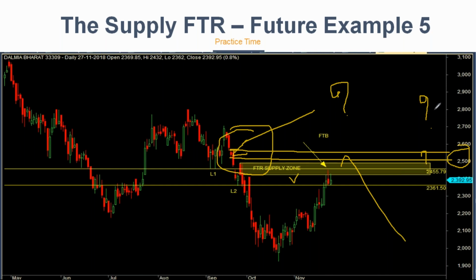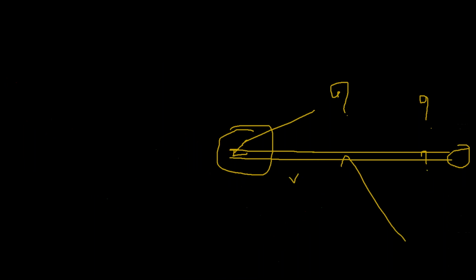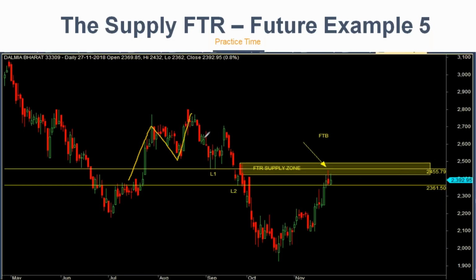Shailesh says there's also a head and shoulder pattern. Where is head and shoulder, sir? Are you talking about this one? High, low, high, low, high, this one? Okay, no problem. Yes, you can take it, but don't get biased because of many other factors. What if head and shoulder says buy, FTR says sell? So too many things might create problems.